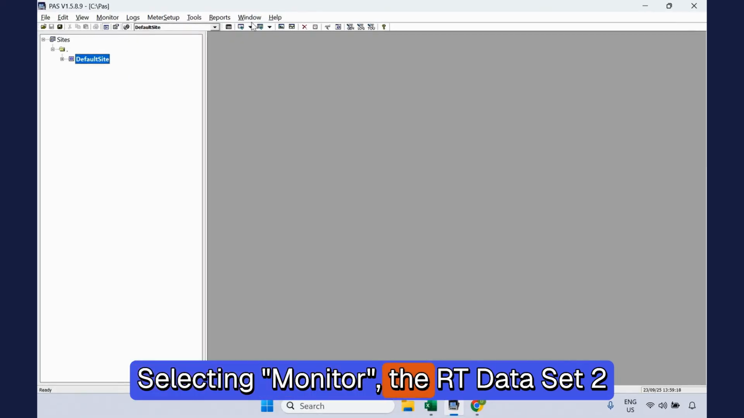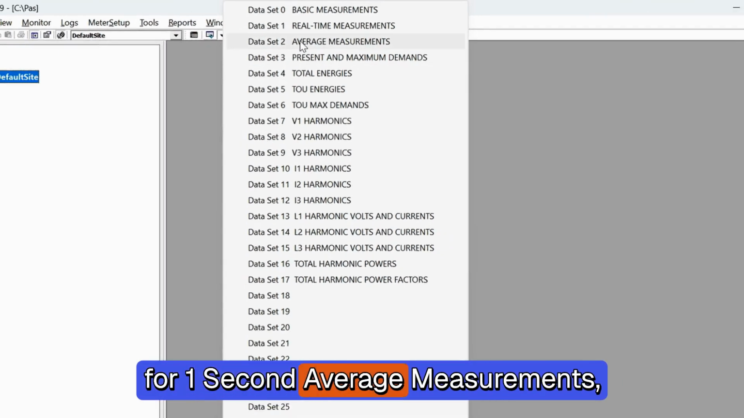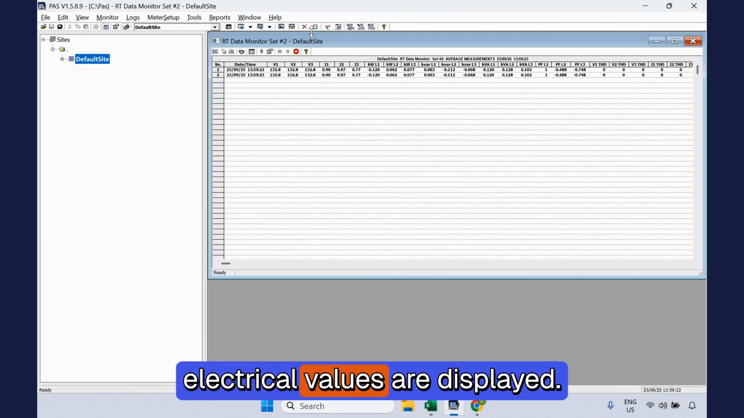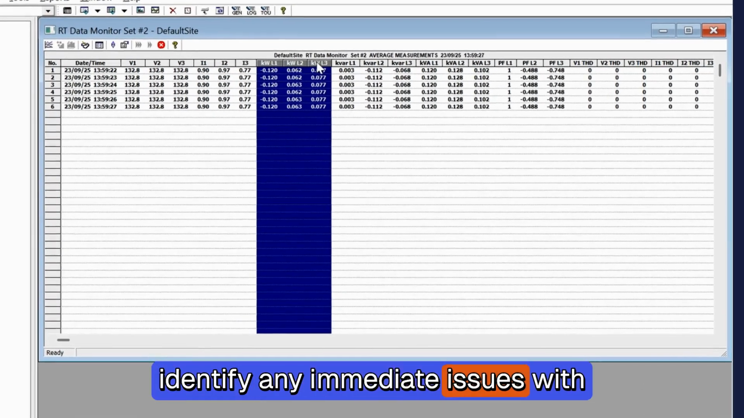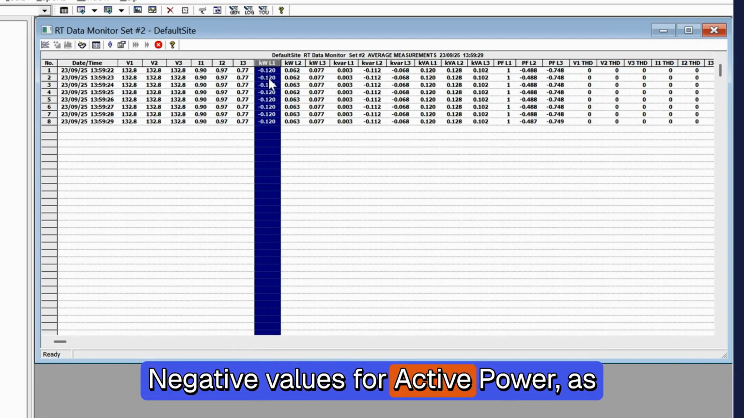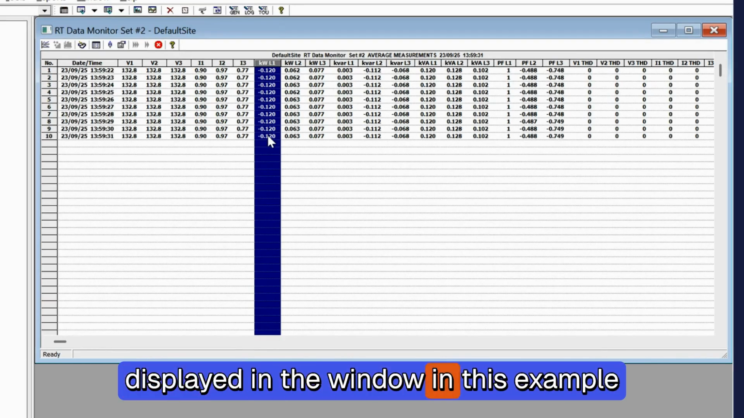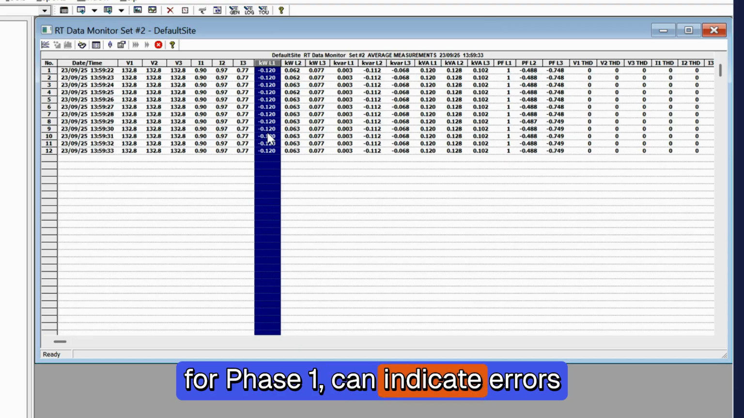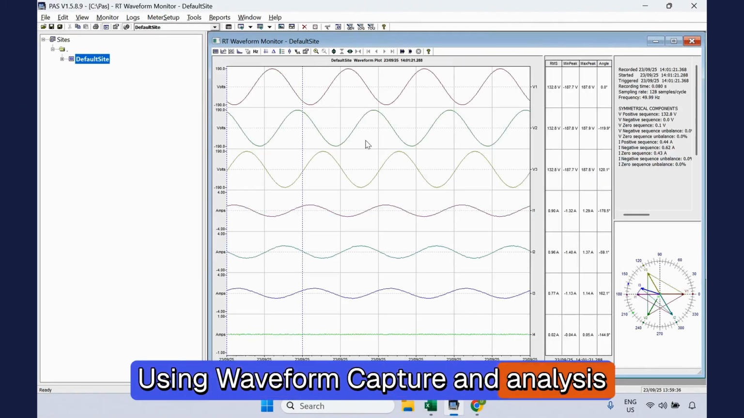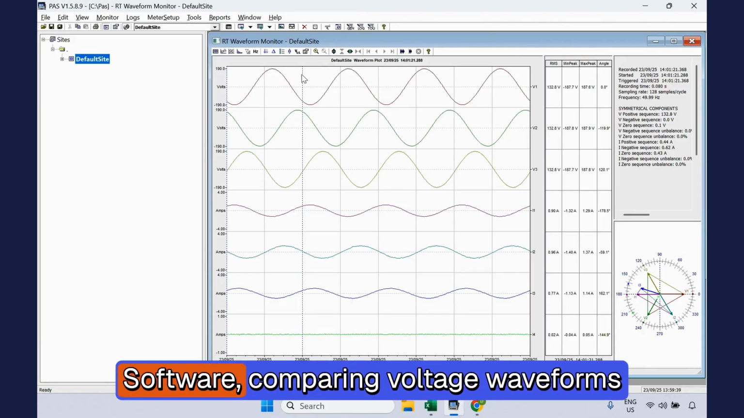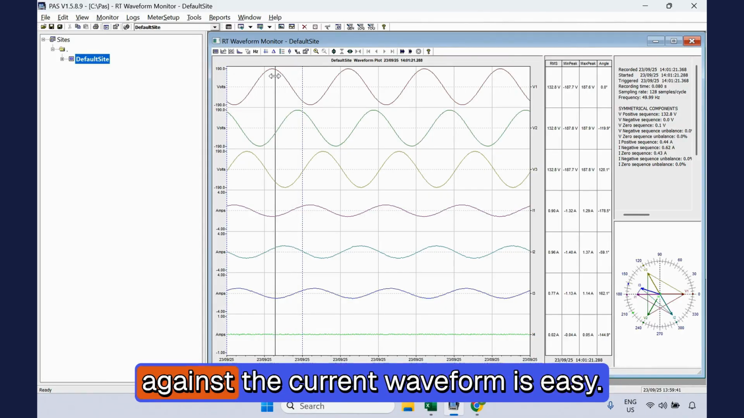Selecting Monitor the RT Dataset 2 for 1 second average measurements, electrical values are displayed. The real-time data monitor helps identify any immediate issues with wiring. Negative values for active power, as displayed in the window in this example for phase 1, can indicate errors present in electrical wiring. Using waveform capture and analysis techniques with Power Analysis Software, comparing voltage waveforms against the current waveform